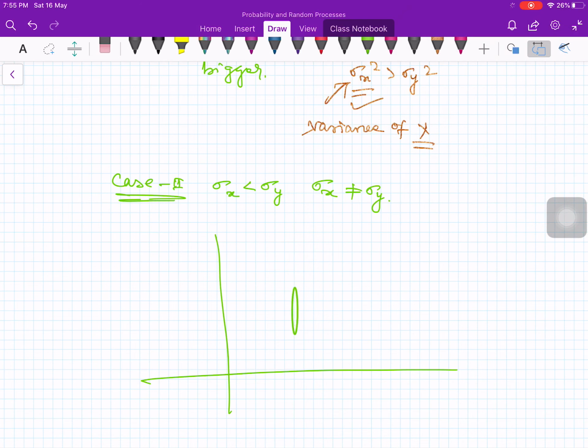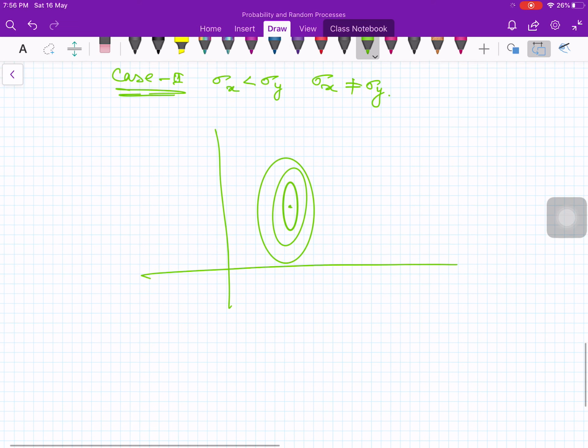You have an ellipse, another ellipse, like this. Okay. So anyway, the figure is not centered at this point, but it looks like an ellipse. Therefore, the ellipse will be in the other way. It is elongated in the other dimension. That is, it is elongated in the y direction.